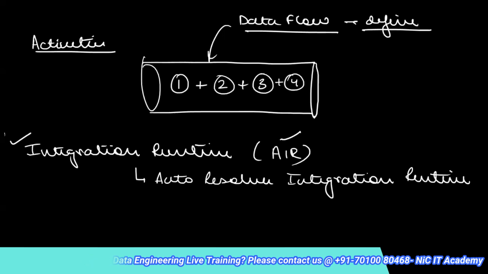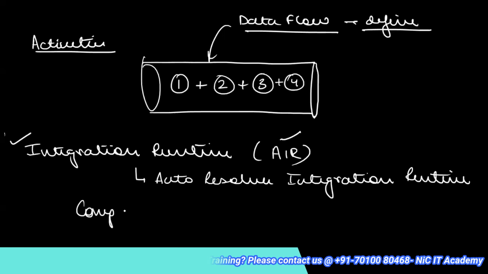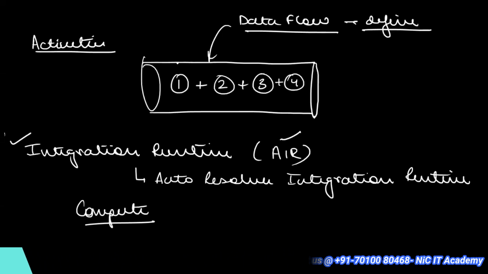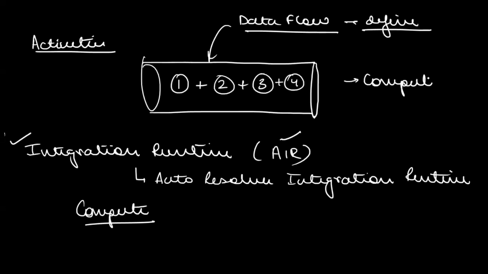Integration runtime is basically the compute infrastructure. Now, when you're doing so much transformation, when you're moving data from one place to the other, or doing other activities like filtering, aggregation, copying it to some other place, all of this requires compute. All of this will require some compute power. Yes or no? If I do not have some processing power, how am I going to process this data? So therefore, processing power is required.